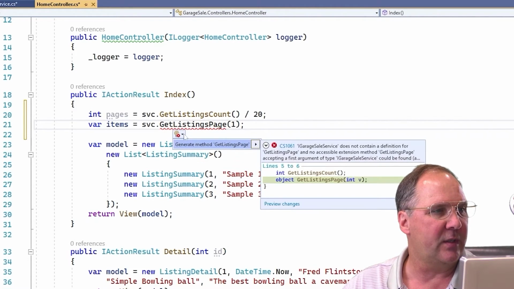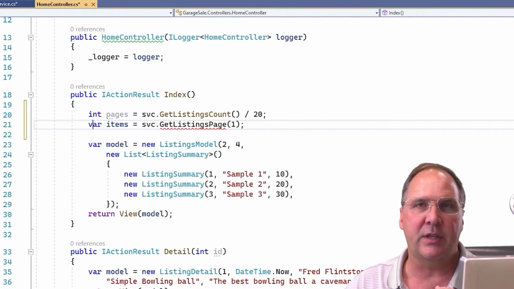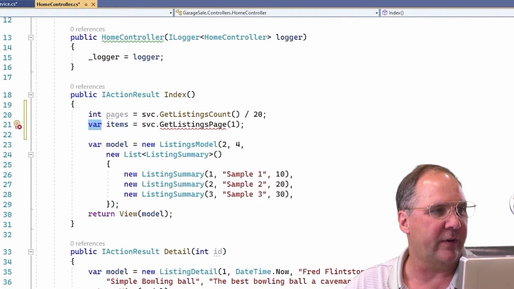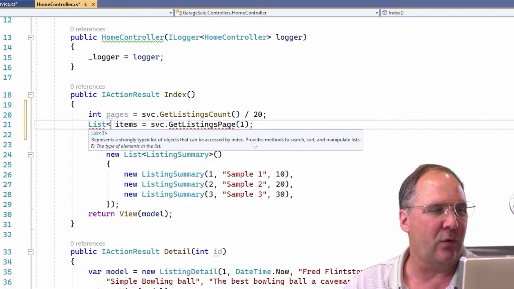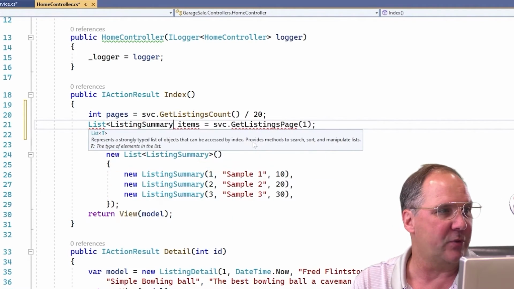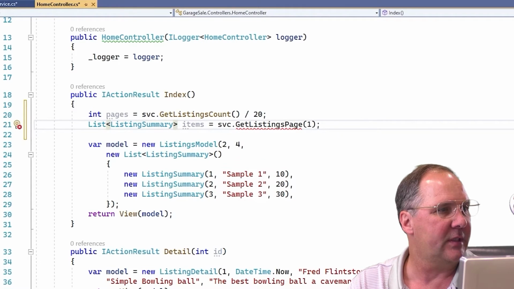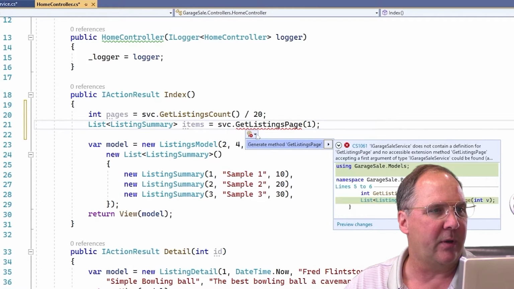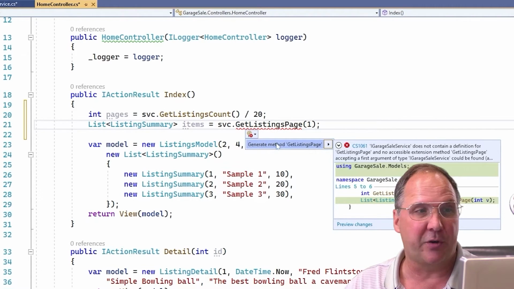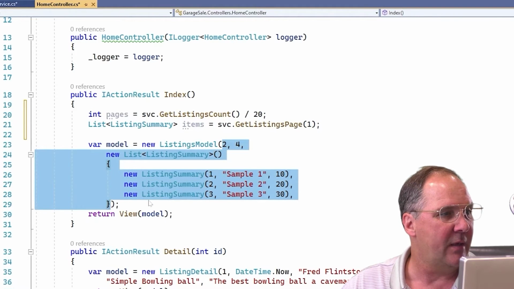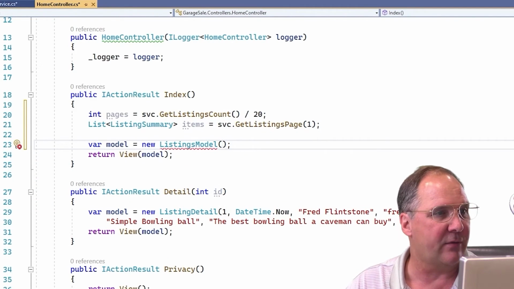Now, once again, we see that we have the option under the light bulb to create the method, but you'll notice that it's returning an object, and that's because we used var to declare our variable, and so it doesn't know what that's supposed to be. So let's redefine that real quick. We know it's supposed to be a list of listing summaries. Now, with a strongly typed variable, when I choose the light bulb, it has a better return type than it had before. So now we can refactor our listings model and pass in the values that we got from the